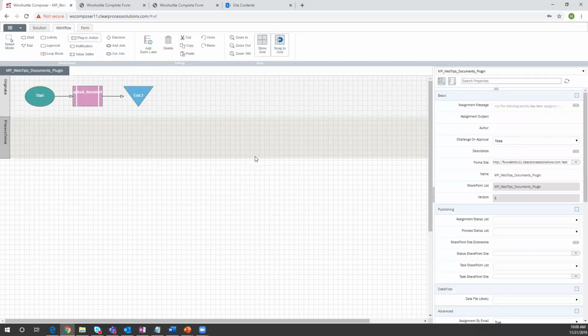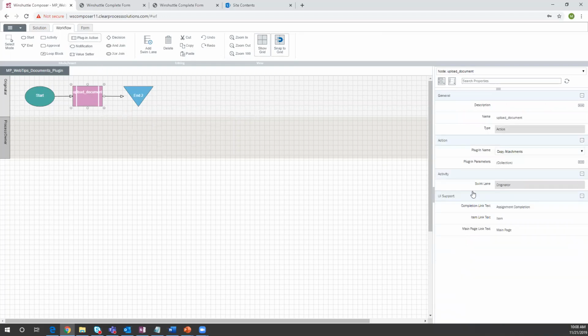And then the workflow is super easy as well. In this case, again, at CPS, we deal with some extremely complex workflows. They take up tons of pages, a massive workflow that has a whole lot of steps to it. In this case, I've just created a very simple one. We're just having someone upload it and then we want it to go to the proper directory. So you just grab in the plugin action. And when we check this one out,